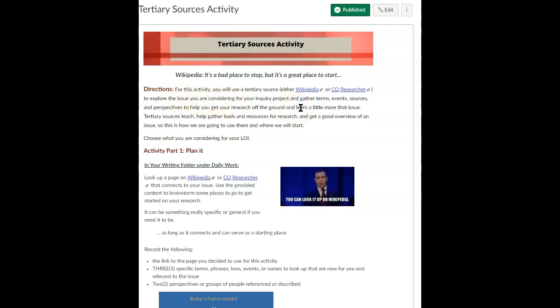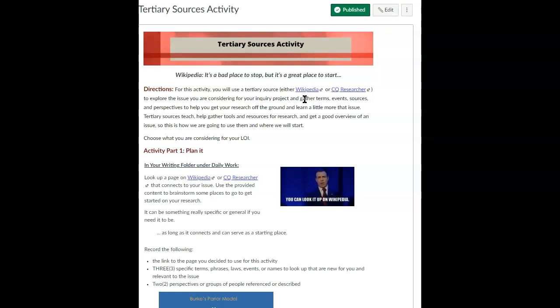You're not married to that idea. Just pick something you're thinking about exploring. If you do stick with it, this does help you with your research, but you can change your mind if you would like to. You can consider something you're maybe looking at for the LOI, like the group brainstorming on the Padlet, that activity too.